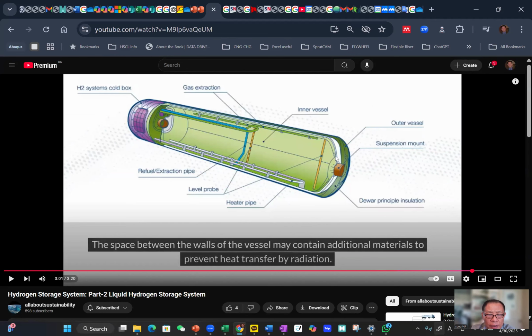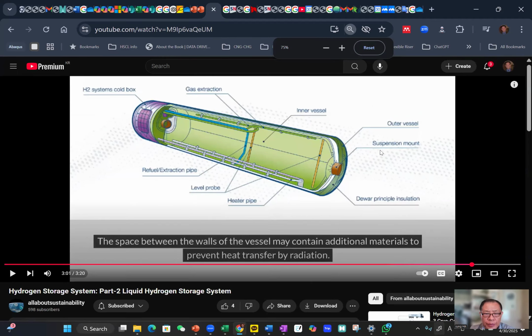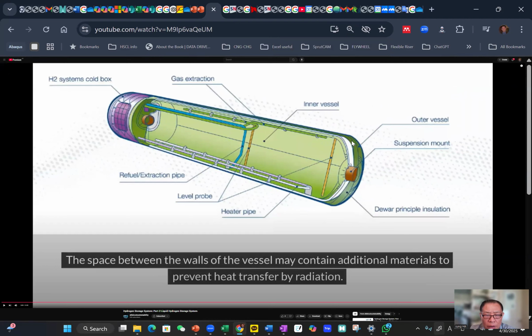Well, as I explained here, this liquid storage system, storage has two walls. One is the inside and outside, and between them is a kind of insulation layer. It can be a vacuum or can be a multi-layered insulation. We need to have this insulation layer so that we can block the heat transfer from outside to